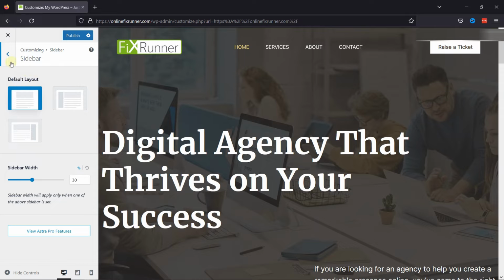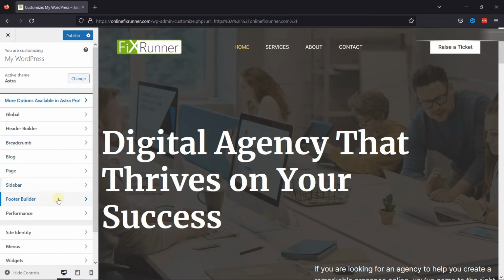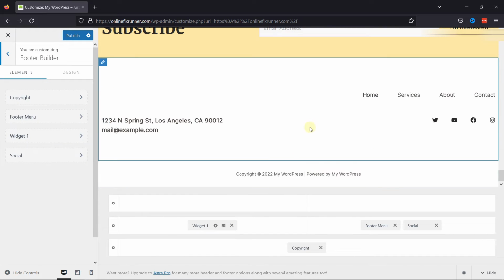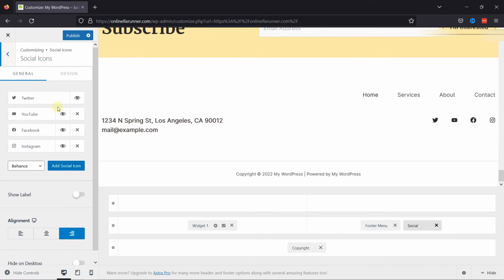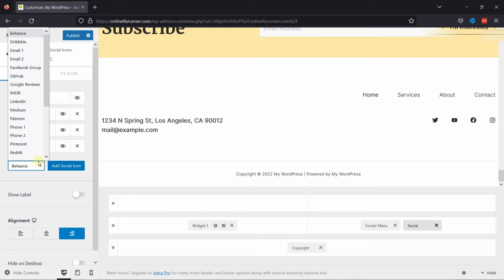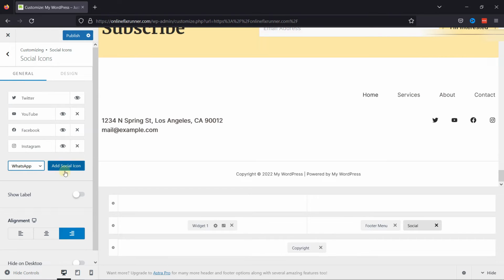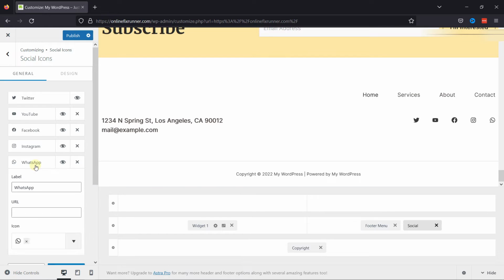Now, let's go back and let's look into the footer builder settings. Here you have the footer layout. You can edit all these widgets just by clicking on this icon. So, if you want to edit anything, you can click on this icon and then make changes here accordingly. You can see the add or edit the social media widgets from here. To add one, simply select the social media option from the list given over here. Once selected, click on Add Social icon, and you can see WhatsApp has been added here, and by clicking it,